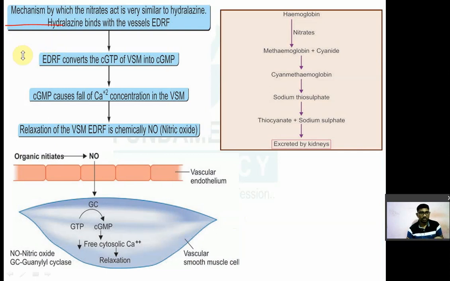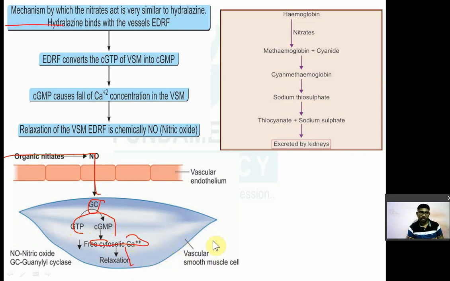Okay. So whatever nitric oxide is there, organic nitrates or nitric oxide, it will enter into the cell. It will activate guanyl cyclase, which converts GTP into cyclic GMP. Increase in the cyclic GMP level in the cell causes vasodilation. Increase in cyclic GMP will free the cytosolic calcium. Cytosol में जो calcium है उसको free करेगा and that will cause relaxation, vascular smooth muscle relaxation.